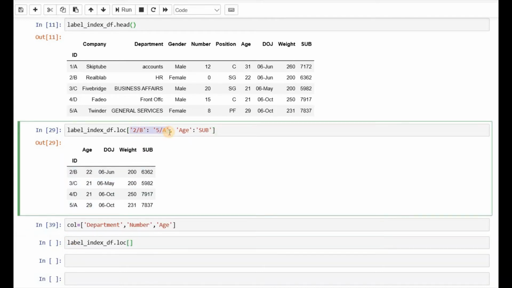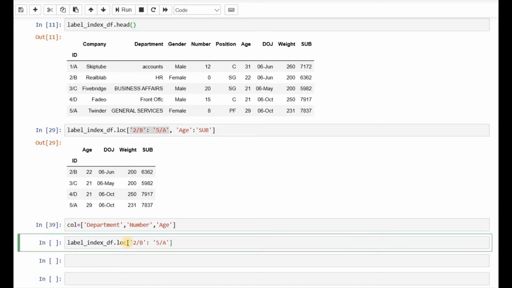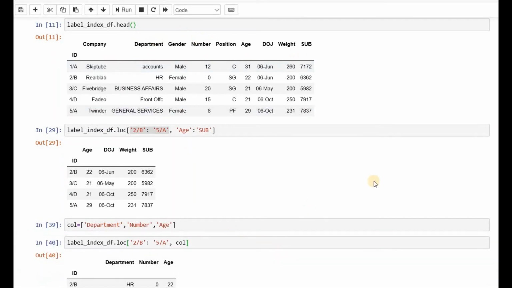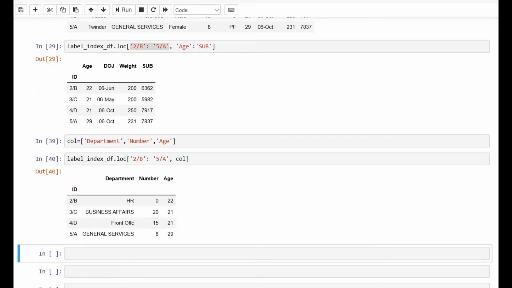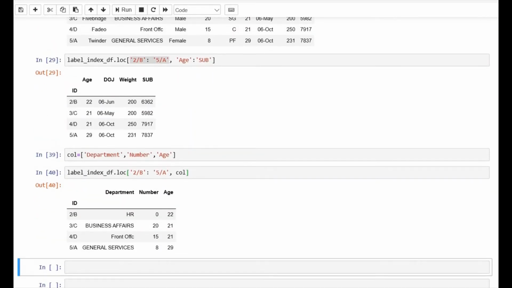Let's select this one, and in columns we pass this list that we have created, which has non-consecutive columns. Here we have selected only 3 of them. If we pass it, we can still get the data like this.